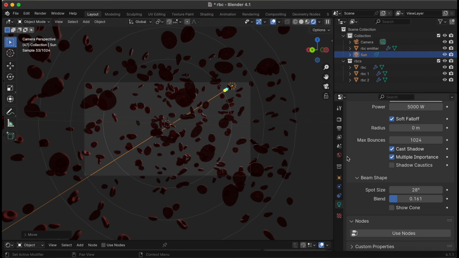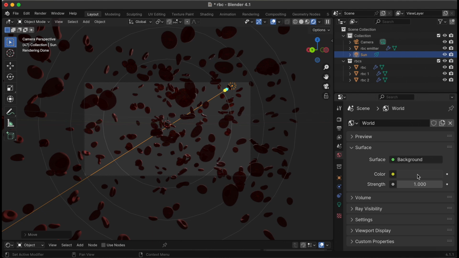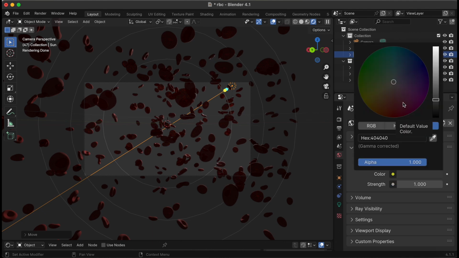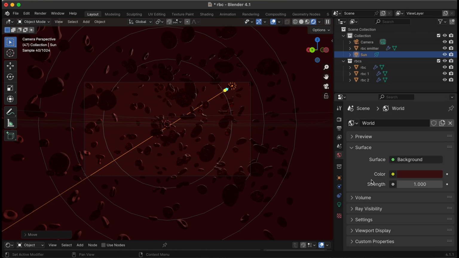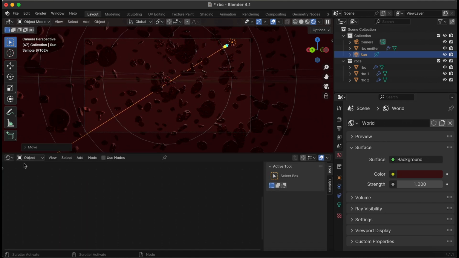We can actually go into the world environment and change this to a really, really deep red. Something like that would be fine. Any deep red color. And then we go back to the shader editor, click world, and